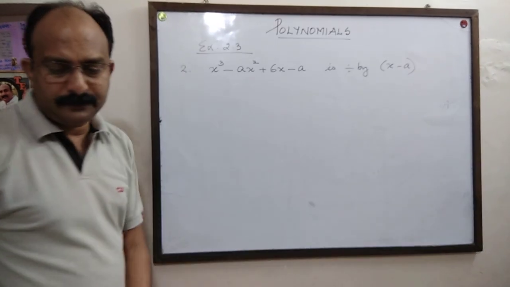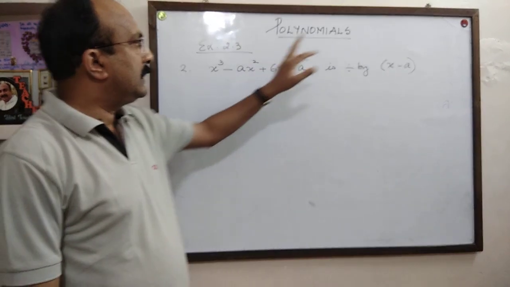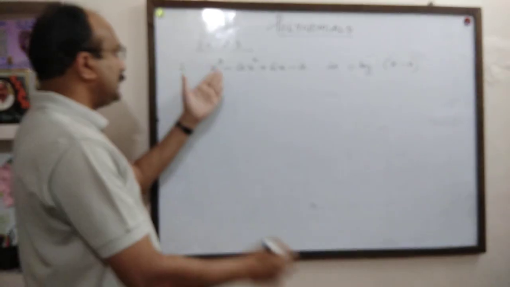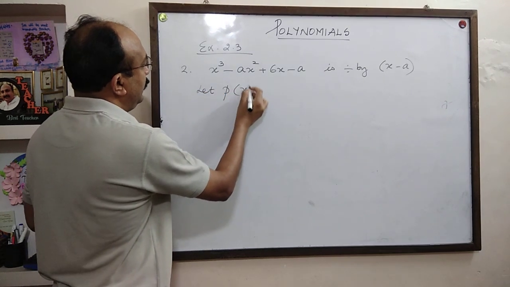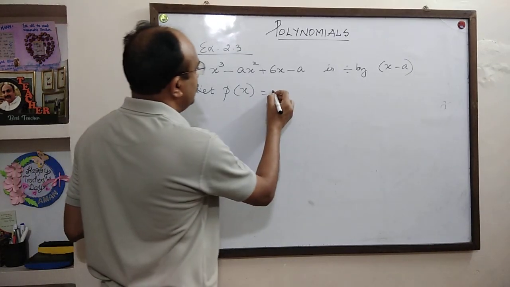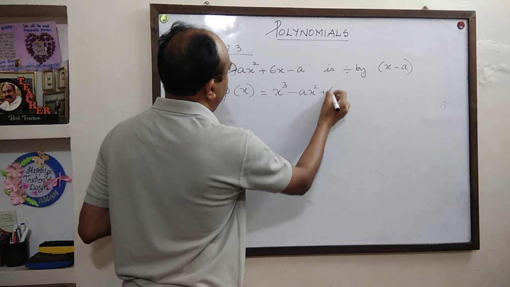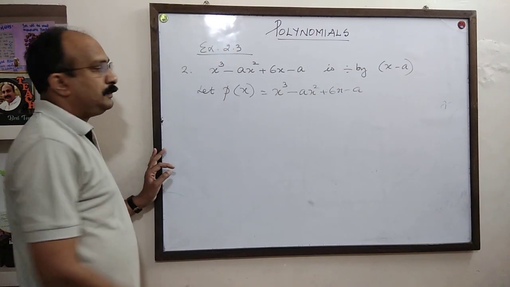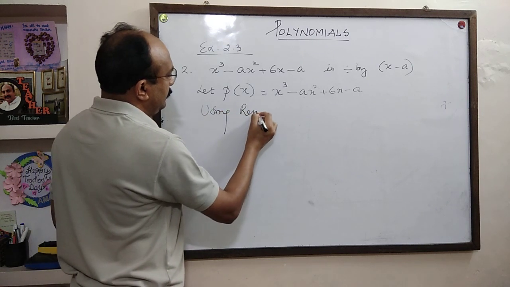Very simple question. You are given a polynomial, this is p(x). When it is divided by x minus a, what will be the remainder? As I told you, always take the dividend, or the given polynomial, as p(x). So p(x) equal to x cube minus ax square plus 6x minus a. The divisor is x minus a. So using remainder theorem,